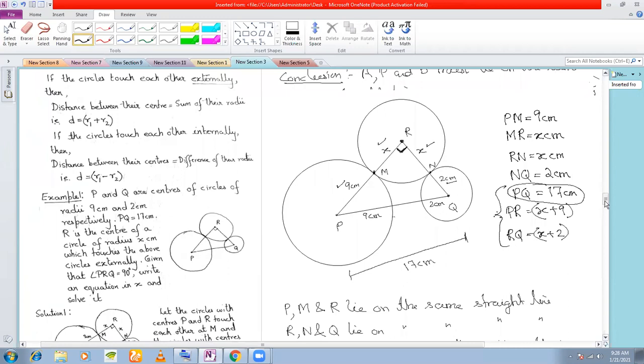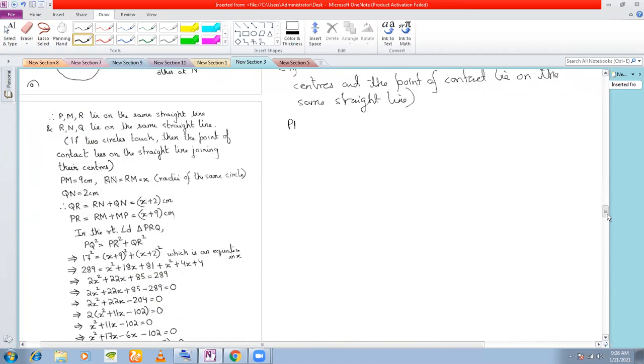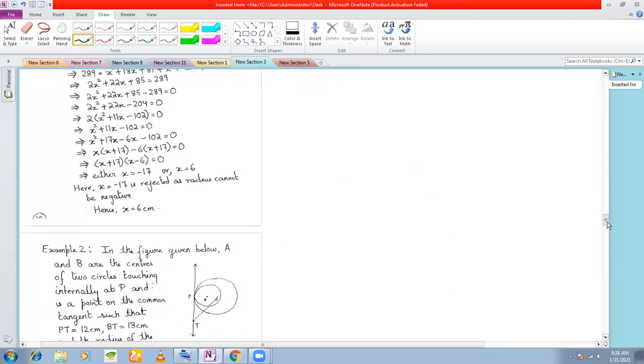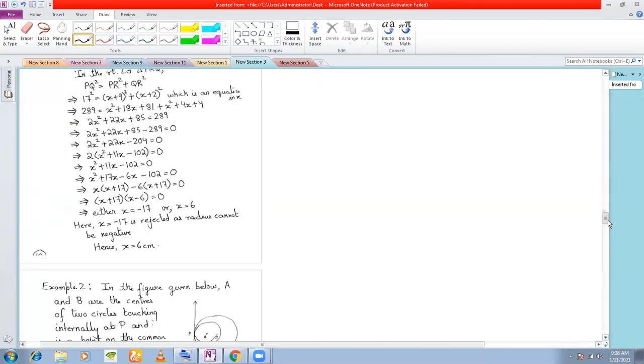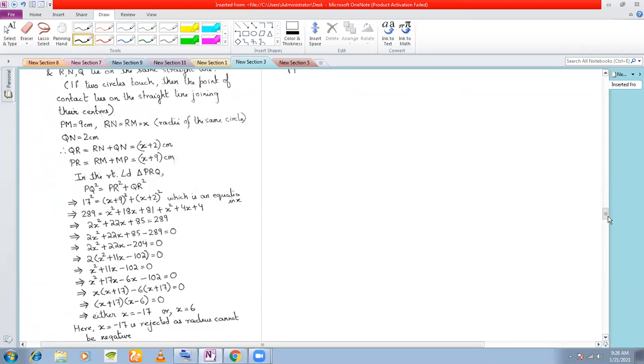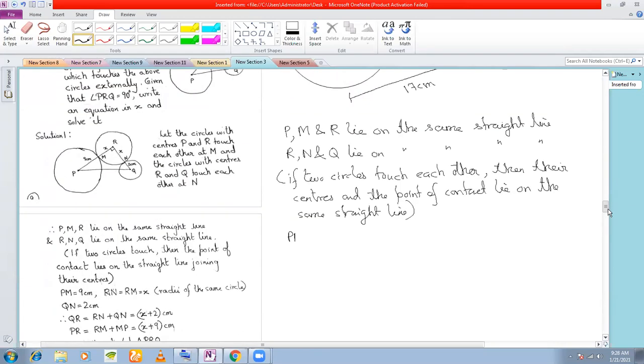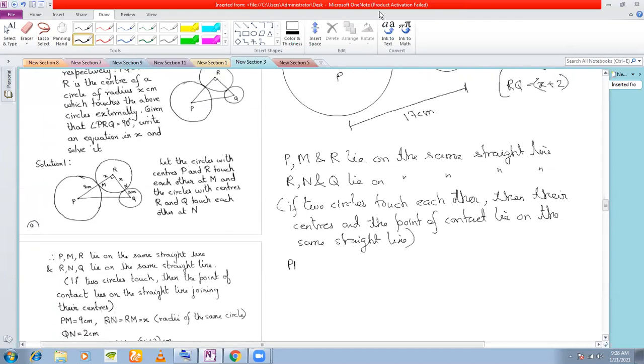I shall solve this equation, this problem, next week. Tomorrow is the class. So tomorrow I'll finish this and